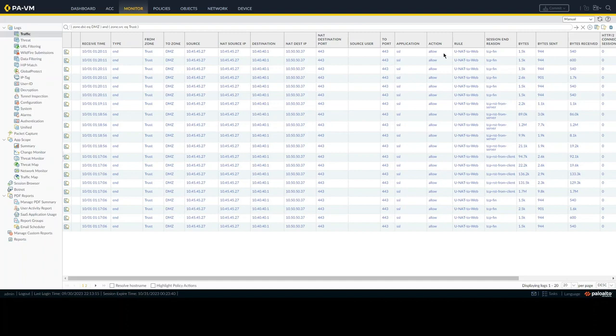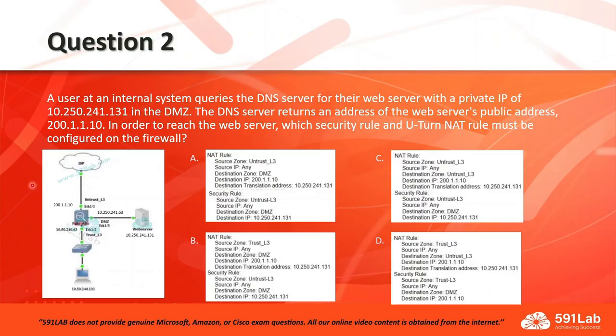Let's go back to the question and find the answer. So this is how the lab for the U-NAT that I have shown. So we can go back to question number 2. The answer will be D. So we need a NAT rule which comes from the trust L3, any source IP on the trust L3, and the destination will be in the untrust L3, because we need to go to the destination IP